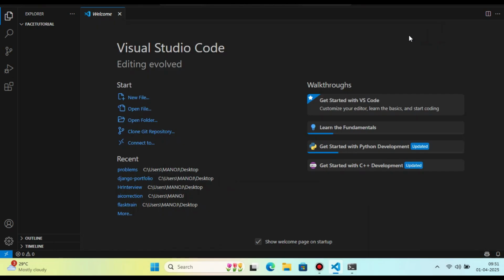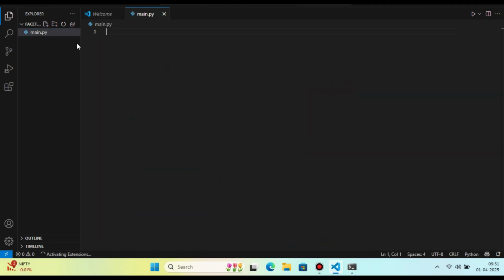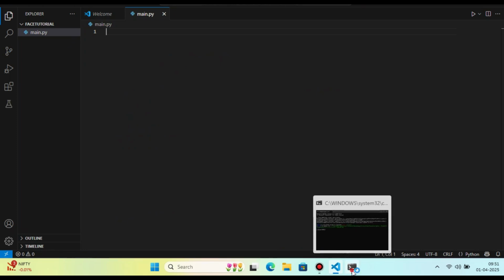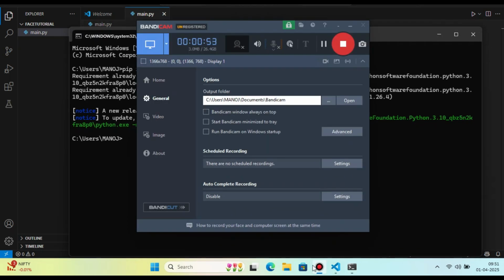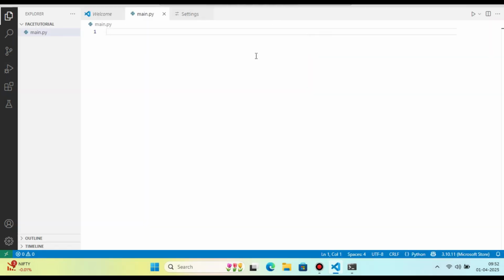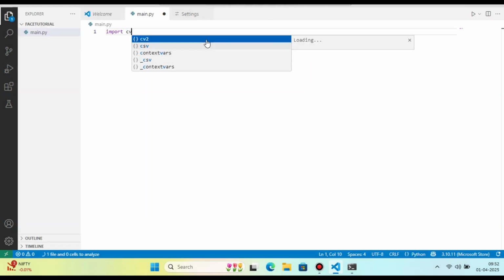Let me create a Python file now, main.py, and let me change the dark mode to white so that you can see it better. Let me change the theme now. You can see that I have changed the theme to white mode. So let's import our libraries now. So I'm gonna import cv2, which is the OpenCV library, and then